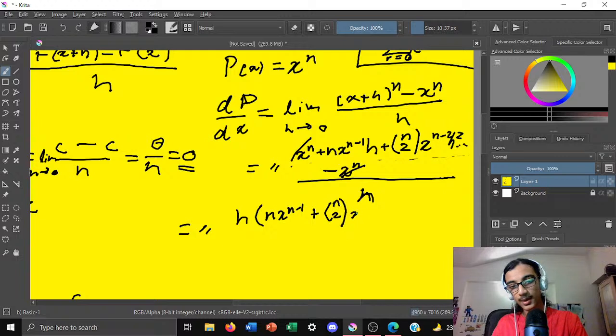Of x to the power n minus 2 h, right? Because it's h squared, but we've taken h common. And this will keep on going like this until it ends at h to the power n. For completeness, let me just write h to the power n minus 1, and you can then divide by h. And h and h cancel, and so we're left with